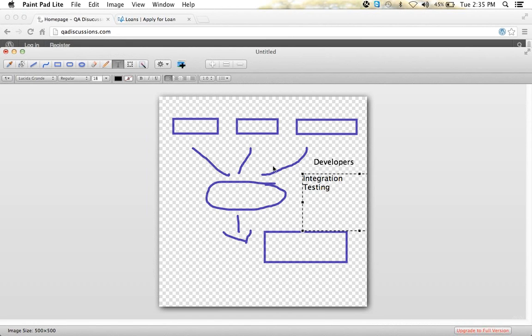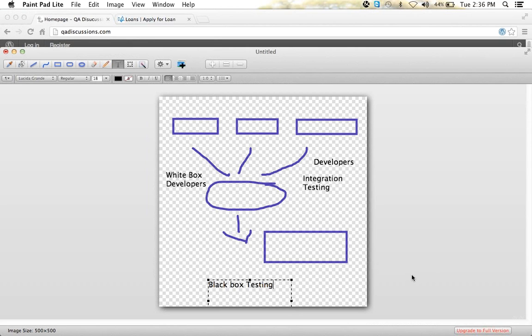Here the developers are able to see the code, and there is no code visible on the application. Whatever the QA does, we do it on an application. There is no code visible to the QA people. So whatever testing is done where the code is visible is called white box testing, because the code is visible here. White box testing is done by the developer team only. And whatever testing we do here is called black box testing.